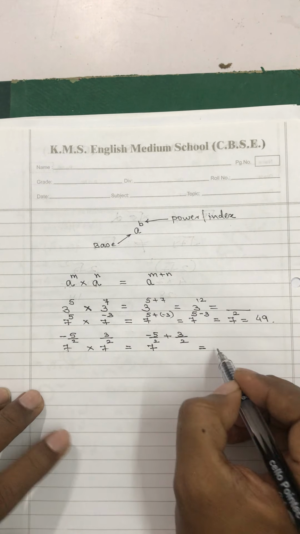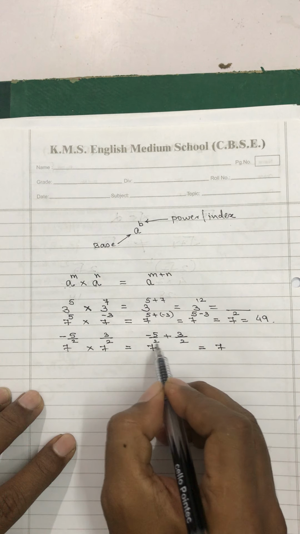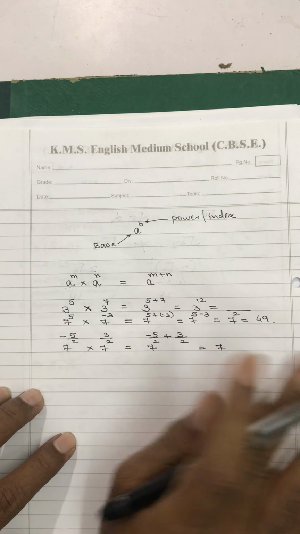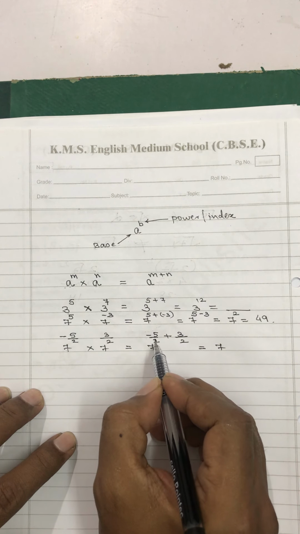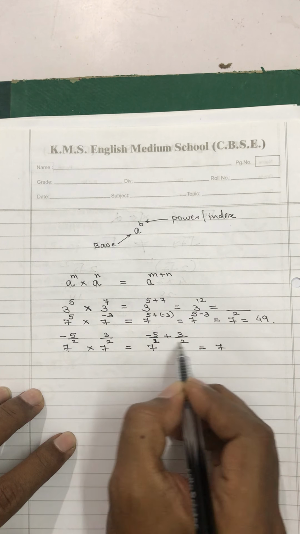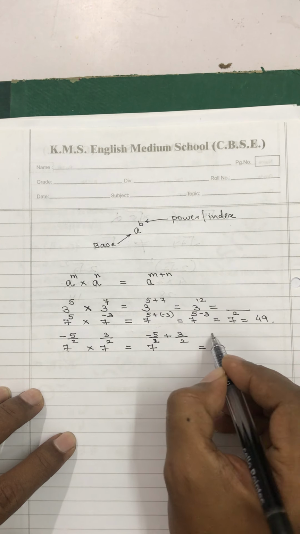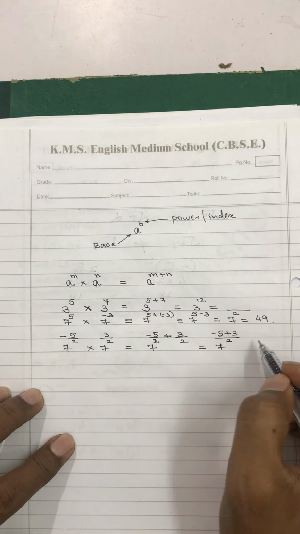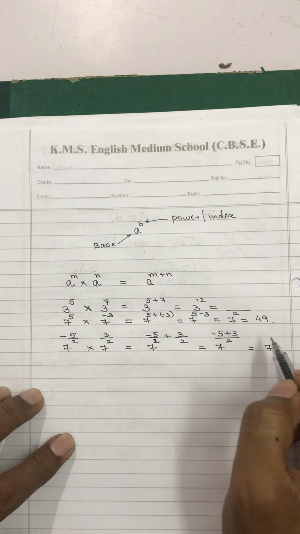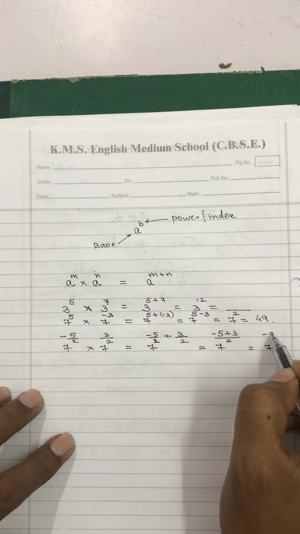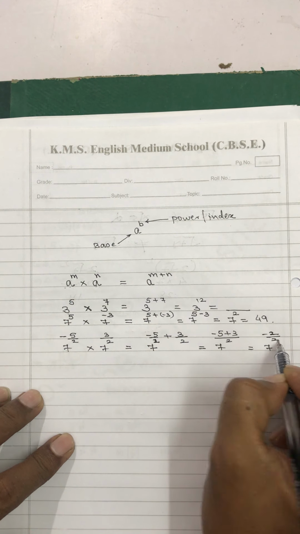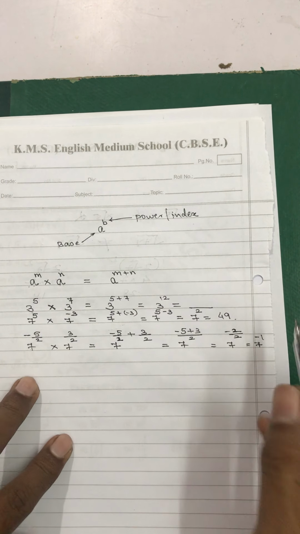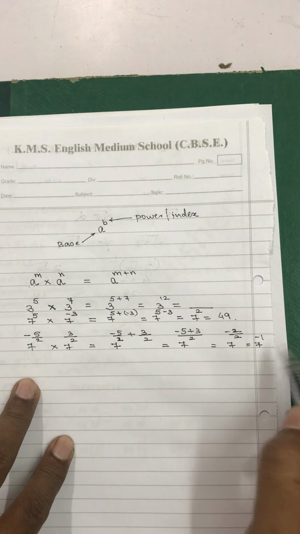So this will become 7 raised to the power of, now here you will have to apply the rule of addition of fractions. Base will be copied as it is. Because the denominators are equal, you just have to operate the numerators. The denominator will be copied once and you get 7 raised to the power of, this becomes minus 8 upon 2. This will become 7 raised to the power of minus 4. Fine. Of course, you have one more rule after that.